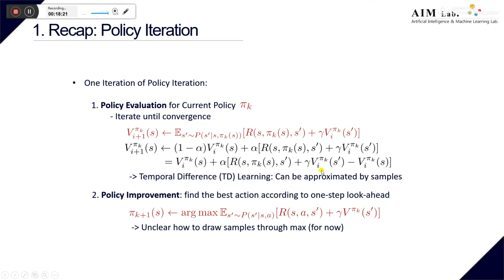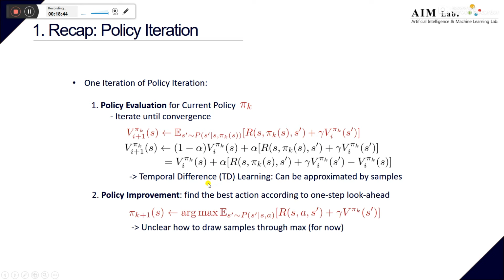So the new estimate is the immediate reward plus the discounted future value function. Since this is the difference between the current time step and the estimate of a later time step, we call it temporal difference learning, and this difference is called TD error.